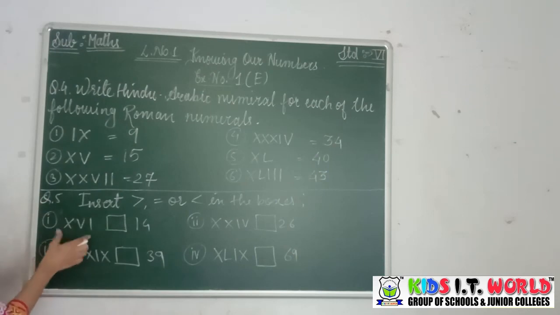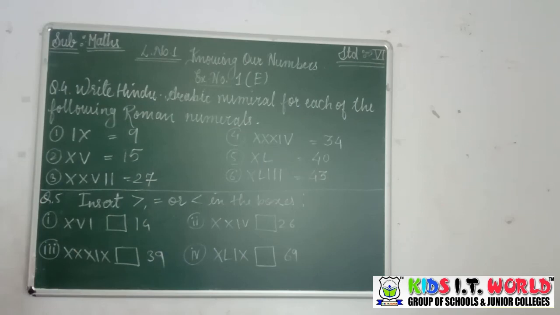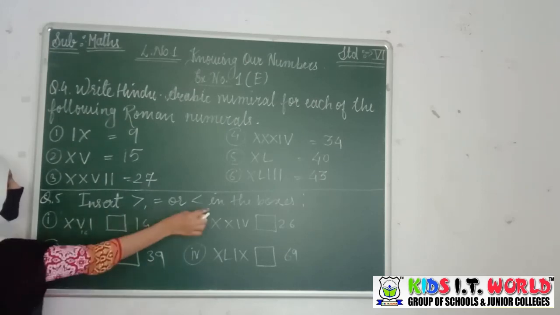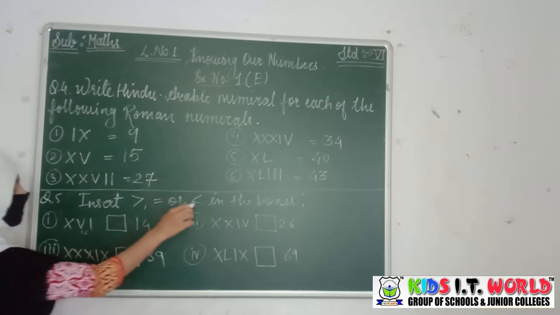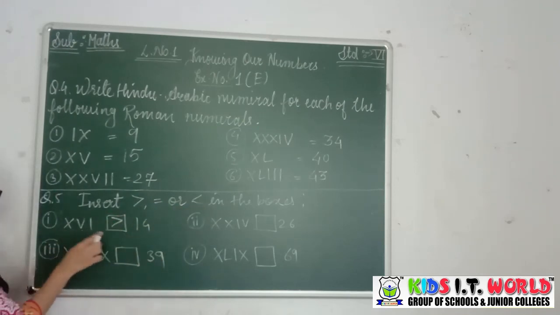In this way you have to do the conversion of Hindu-Arabic to Roman numerals or Roman numbers to Hindu-Arabic numbers. Now here the Roman form is given to you and the Hindu-Arabic form is given to you. You have to insert the greater than, less than or equal sign which is suitable in the given boxes. So here first we will see what is the Roman form of this number. X, V, I, means it is 10 plus 6, it is 16. So which number is greater, 16 or 40? Obviously 40. So which sign will come here? This is the sign of greater than and this is the sign of less than.